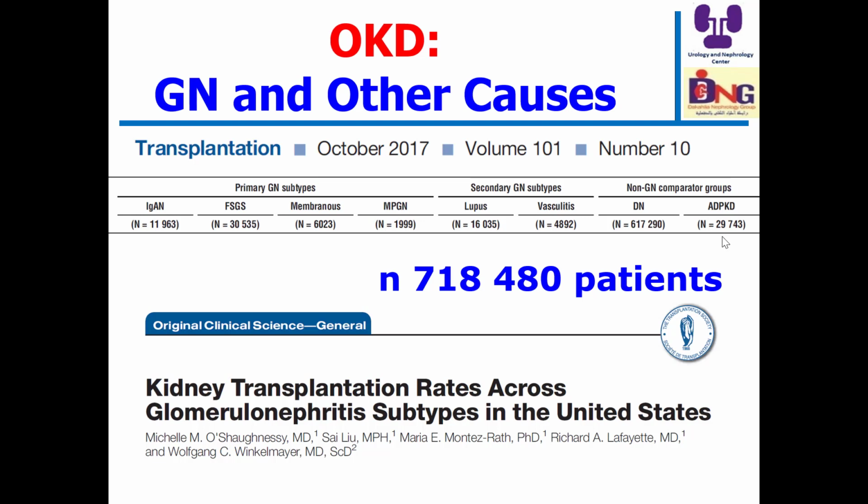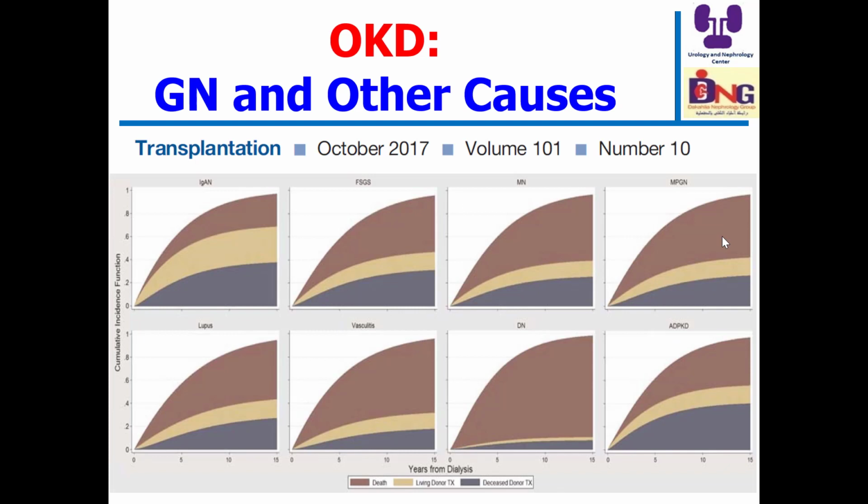Not only numbers and the percentage of original kidney disease, but also the outcome, the fate. The data shows the follow-up. As you see here, the evolution of the case and the outcome is summarized under 3 color codes. Red or brown means death. Yellow means transplantation from living donor, and the other color is transplantation from deceased donor. If you look at the diabetic patients, the majority of patients died on hemodialysis. So this is bad news.